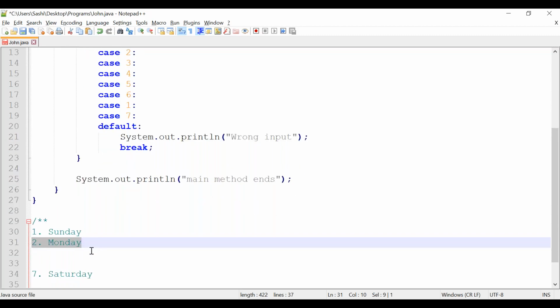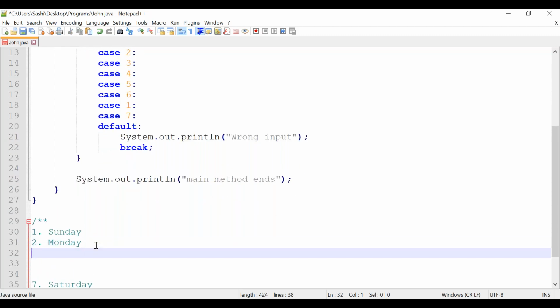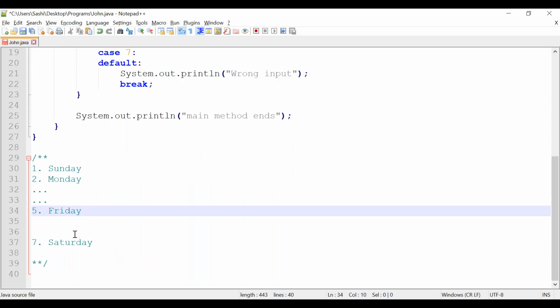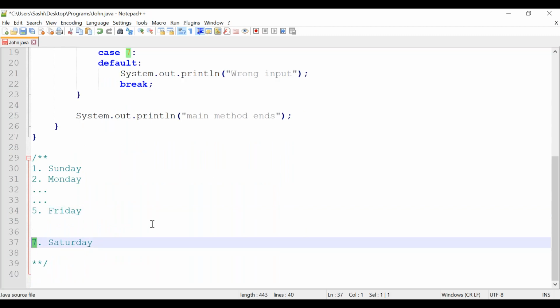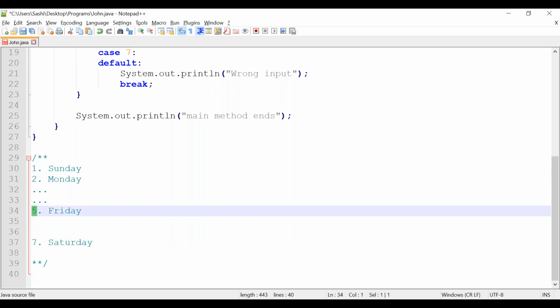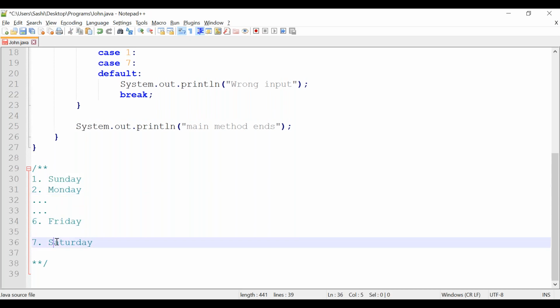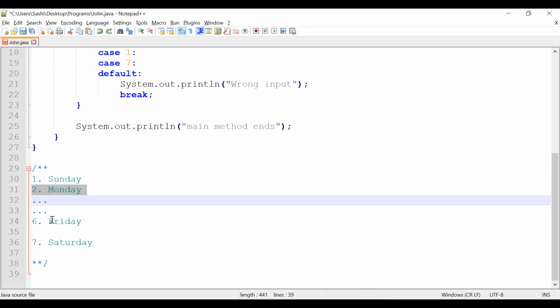Whenever I enter 2 to 6, it is a weekday, correct? Monday and Tuesday, something like this. Fifth day is Thursday, sixth day is Friday and seventh day is Saturday. So if someone enters 1 and 7, it should be a weekend. 2 to 6, it is a weekday.